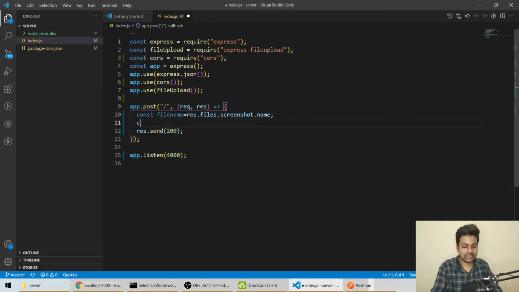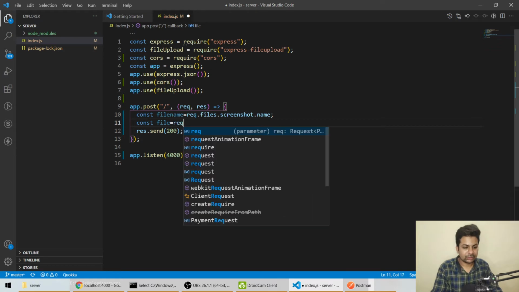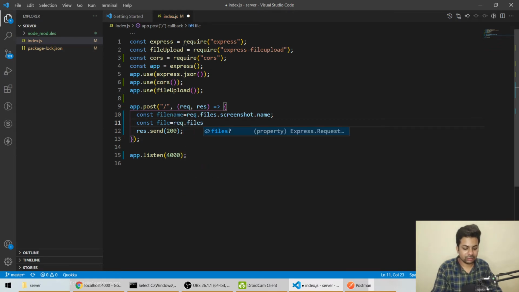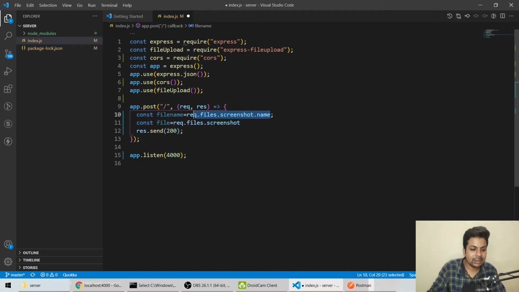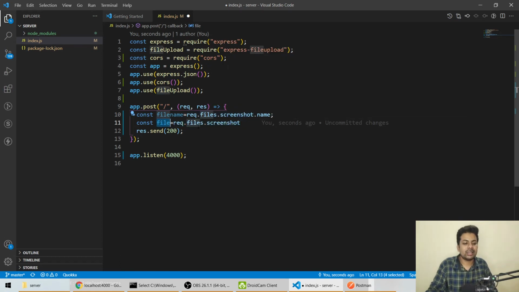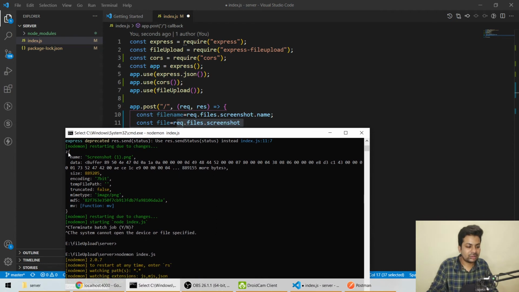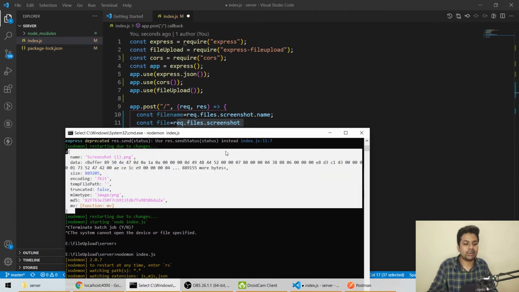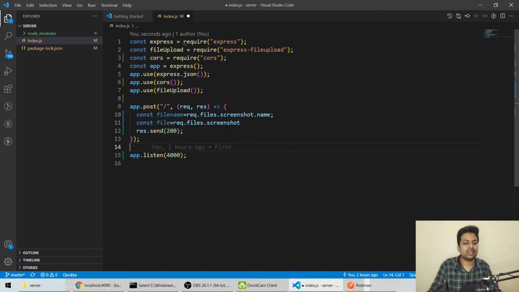After that I'll say const file equals request.files.screenshot. So firstly I'm saving the name of the file in a fileName variable, and after that I'm saving the whole screenshot object in a variable called file. This is the whole object that I was printing before.